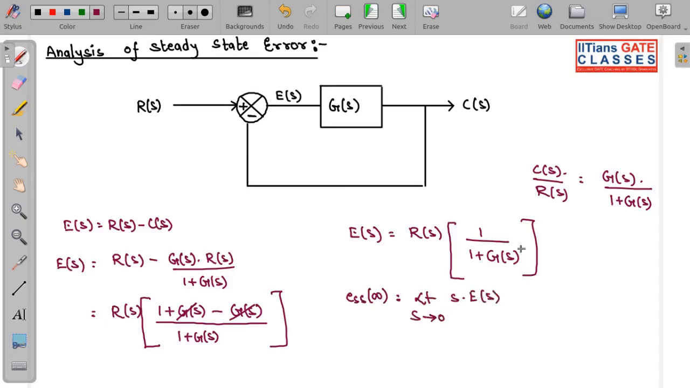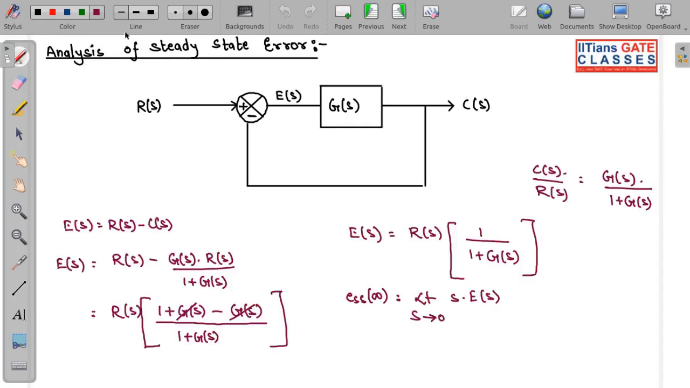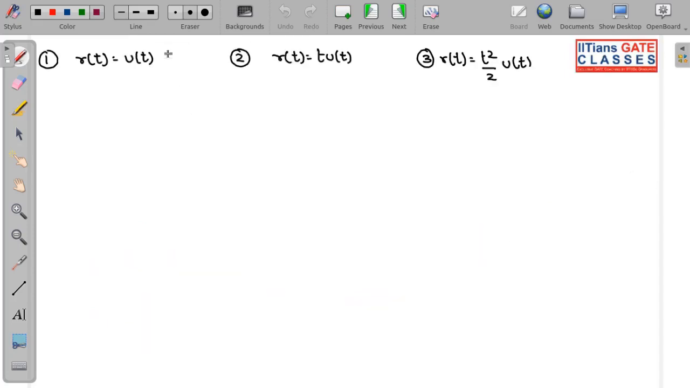Okay, I can find it like this. So now let us try to find it one by one. When your input R(t) is u(t), at that time your ESS is equal to what? I am directly writing the formula over here, not deriving. That is equal to 1 divided by Kp, where Kp is equal to limit s tends to 0 of G(s). When R(t) is u(t), this Kp is known as